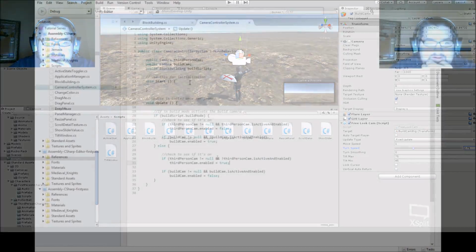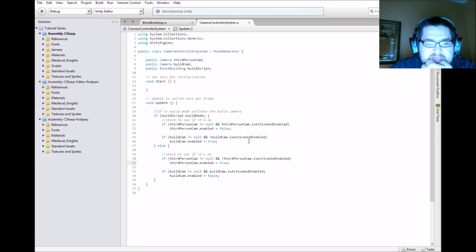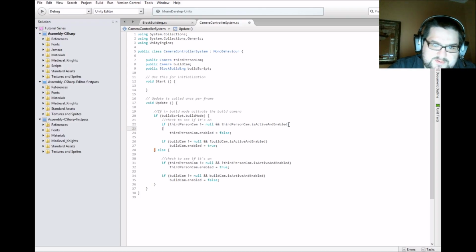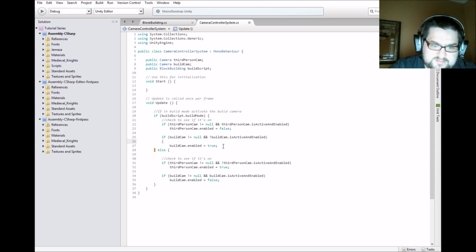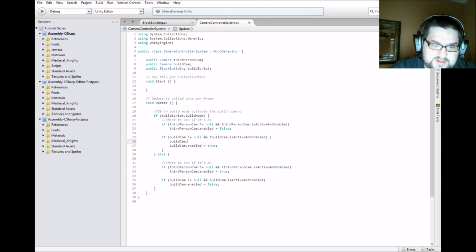Also in the script, we're going to enable that script right there on the camera. So when we do that, come in here on the camera. Oh, wrong camera. So go build cam dot get component. We want to get